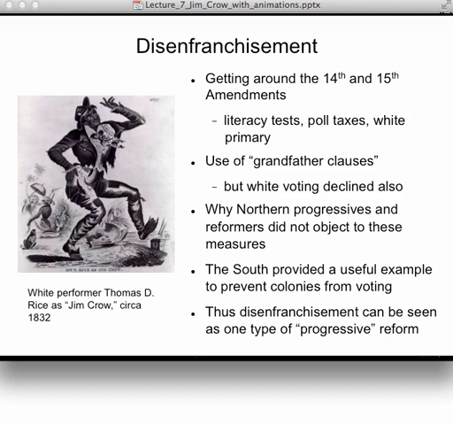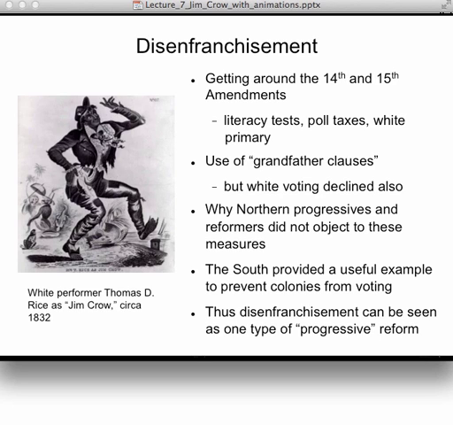Now, we still have these. We've just finished a campaign season with many primary elections for the Republicans and the Democrats. This was considered a very progressive reform at the time to allow voters in each party to vote for what candidates they wanted to be nominated. But in the South, the Democratic Party used primary elections to exclude black voters because they could pass party rules saying that only whites could vote in their primaries. So this was the third method of taking away the vote from blacks.